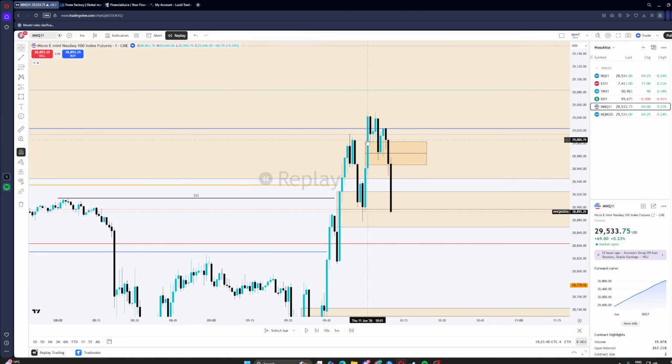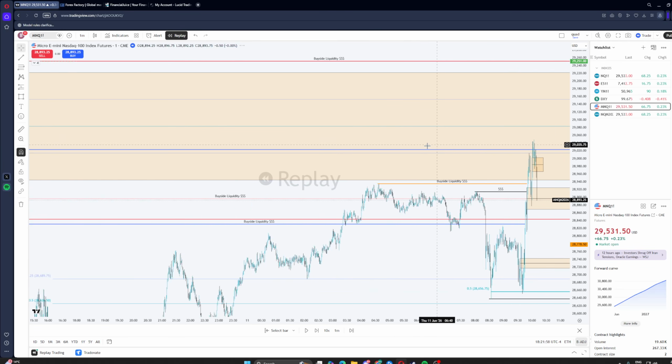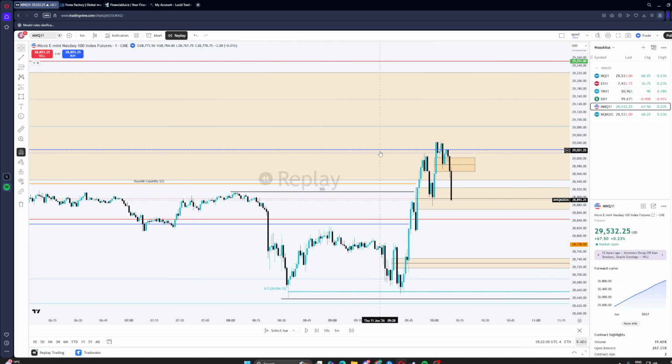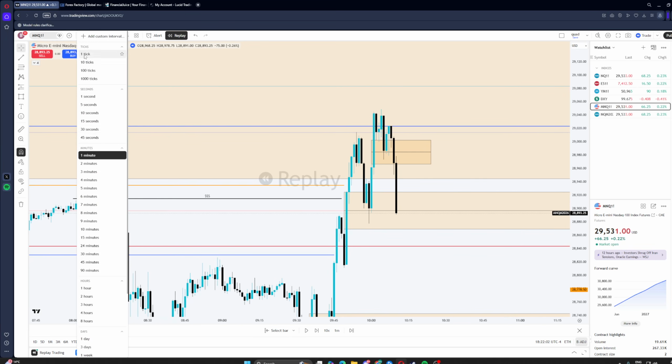Why do I know this is already going to be an inversion fair value gap? Oh, these set of 2, right? If you're looking at a 2-minute. Well, because that's the target. Like, there's no reason to go high, right? There's just no reason to go high. So I know like my shorts is here, right? Looking at 15 seconds,